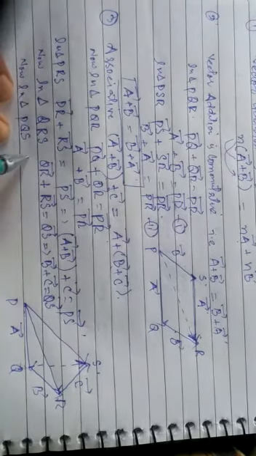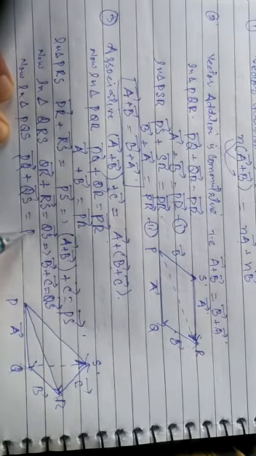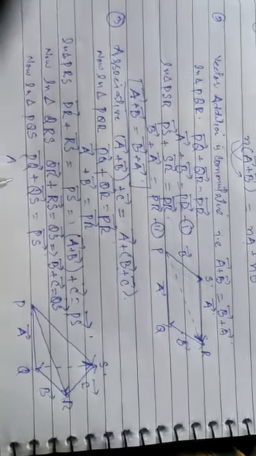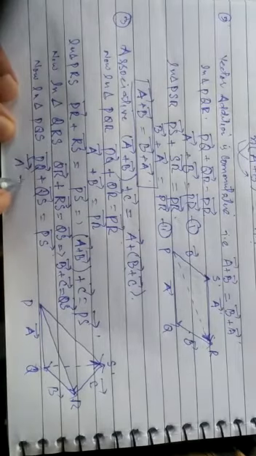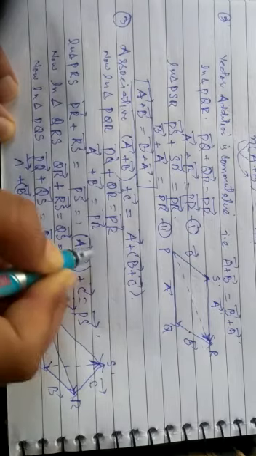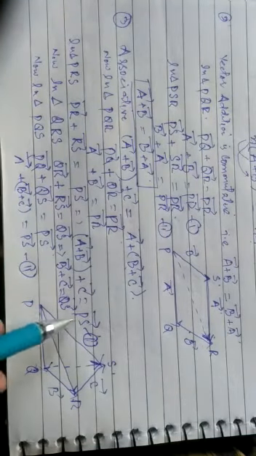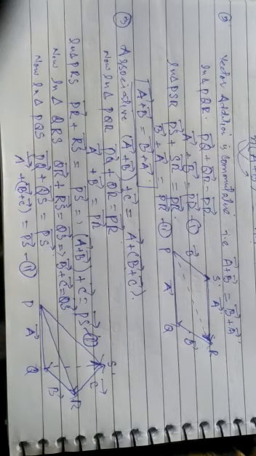Now in triangle PQS, what do we have? We have PQ vector plus QS vector, which is again PS vector. PQ is simply vector A, plus QS, which is simply vector B plus vector C. Vector B plus vector C is equal to PS vector. Now that is the second, and we have the first above. From first and second, as it is PS in both, we can conclude that vector addition is associative in nature.